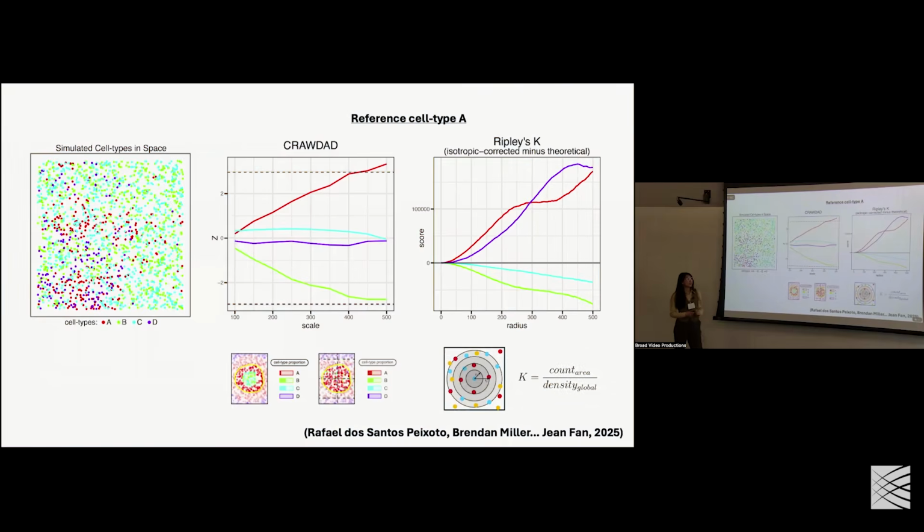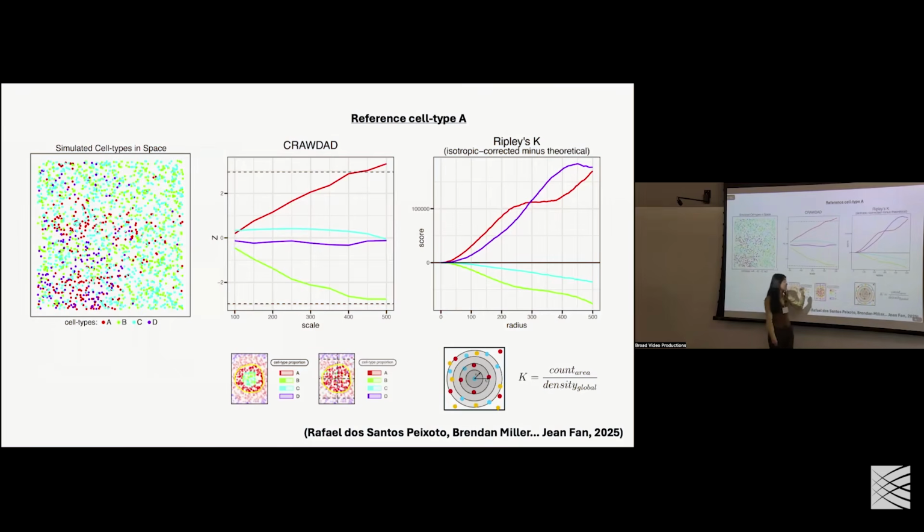But if we use other metrics that are very popular for looking at co-localization analysis, like Ripley's K, we find these trends might be a little bit harder to discern. And the reason comes down, there's many different reasons, but the main one I want to highlight is, again, kind of what is our appropriate null distribution. For Ripley's,